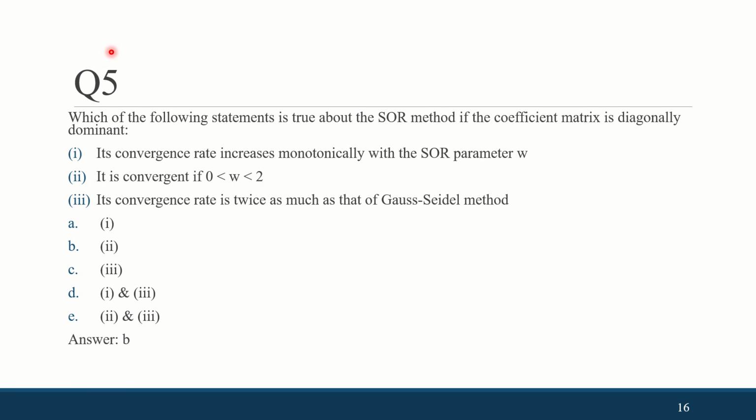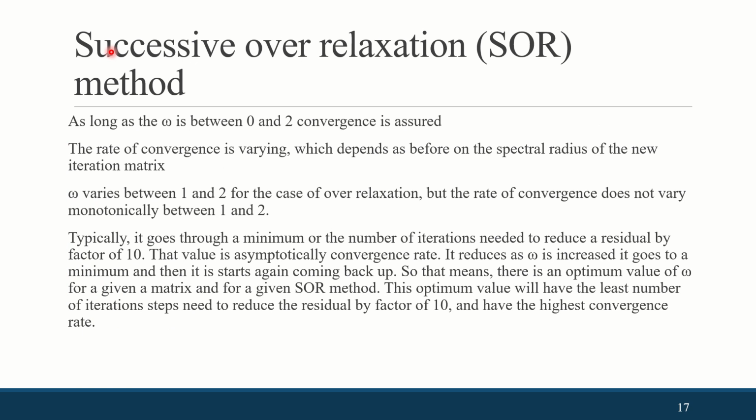And then, that's what we saw. Also we saw the optimum value of the omega giving optimal SOR method, that is, with increase in the omega value, rate of convergence also increases up to a certain point, after which it decreases. That optimum point is known as... it reduces as omega is increased. Rate of